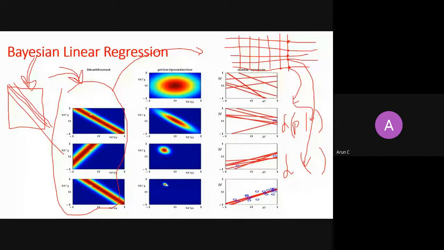Then you draw a heat map. So there are two matrices with you. One is a grid matrix, and corresponding to the grid matrix there is a likelihood matrix, which is also a 10 by 10 grid, and it will have a corresponding probability here, then a corresponding probability here. So for each pair of values it has a probability. Then you feed these matrices to the heat map plot, and it will construct it.